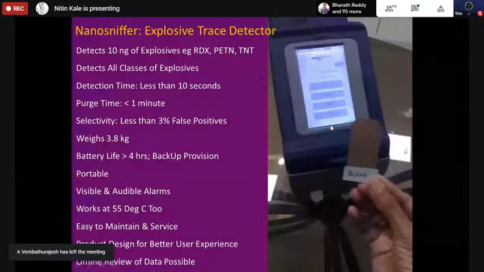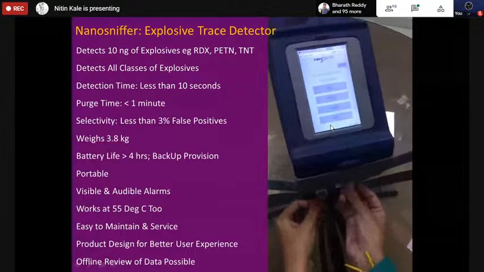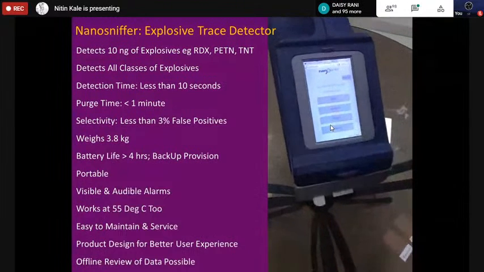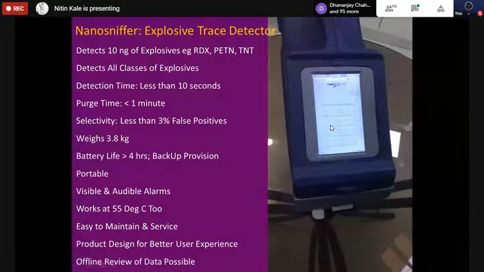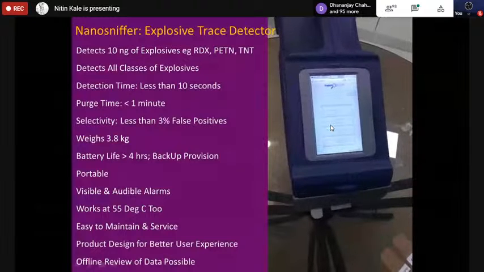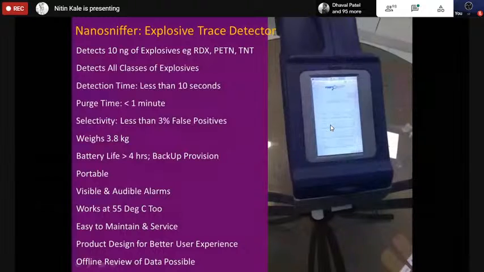You insert a blank swab, and then you run. The blank doesn't have an explosive. So a message will come here in green color saying no traces detected. That's the message. You remove the swab,